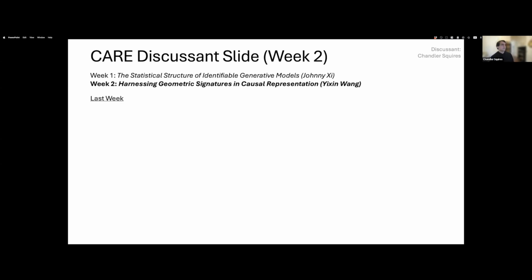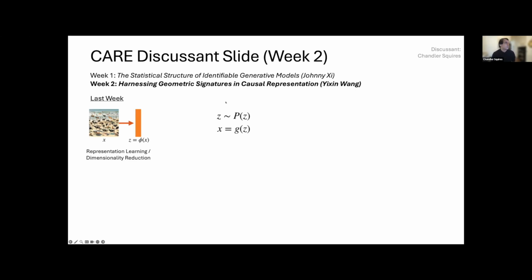So last week, the work that we talked about, I actually just copied this off of Jason's slide from last week, which I think you should feel encouraged to do. If there's helpful slides, just go take a screenshot and copy them. Essentially, we talked about representation learning or dimensionality reduction. There's many names for this, as a process of taking something more high dimensional, like an image, and developing a new representation, Z, that might be more useful for reasoning or abstraction,